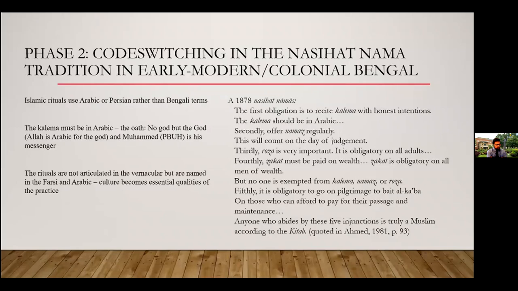So by this time, Islam is very much part of the culture, and at the same time, Muslims are extremely marginalized. So you have a lot of peasant grassroots subaltern movements that emerge and explode around this time, fighting against British rulers and their Hindu middlemen. So around this time, there's also reactionary